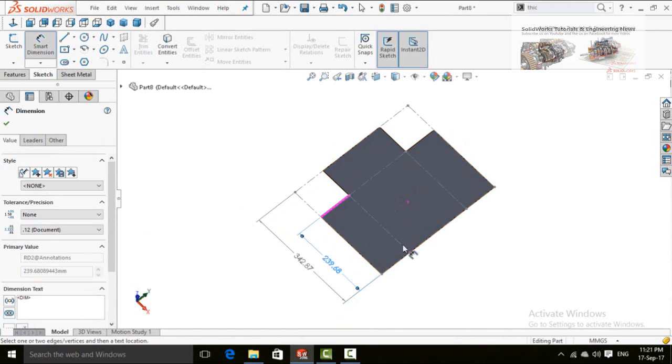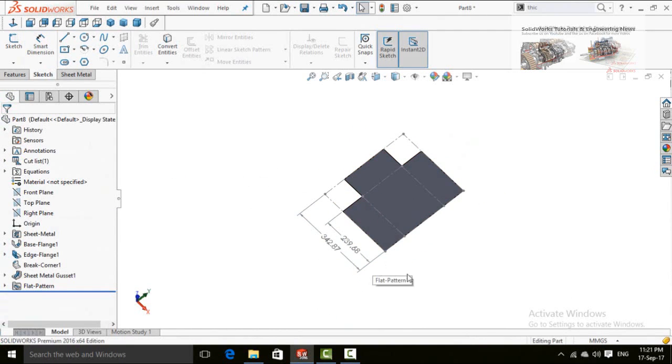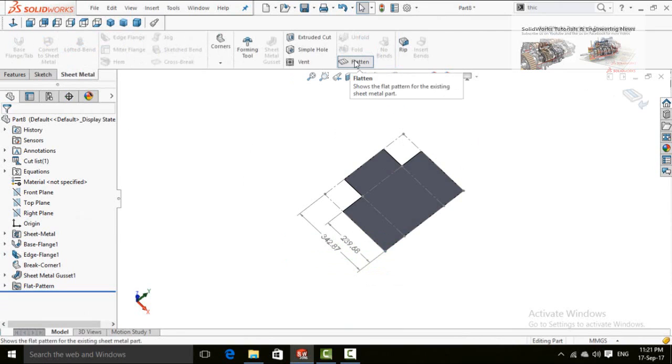And all of the dimensions. So press OK. Once you have completed this task, just press flatten command or press this button.